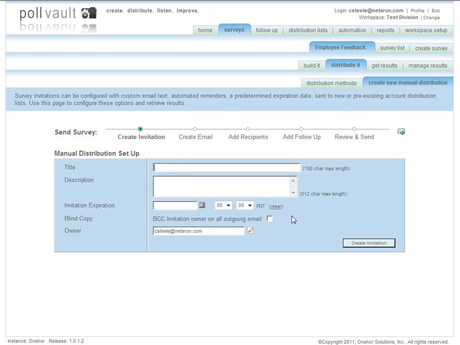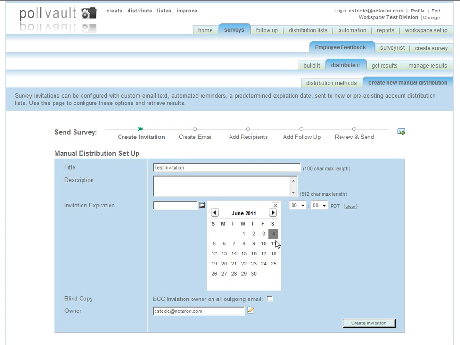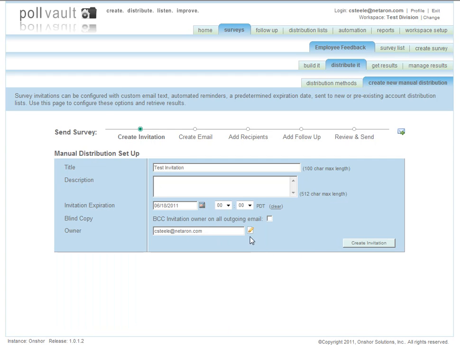So we'll start by creating the invitation, and you can put in some description information and select an expiration date. You could blind copy yourself on all the invitations if you wish. So you create the invitation, and then